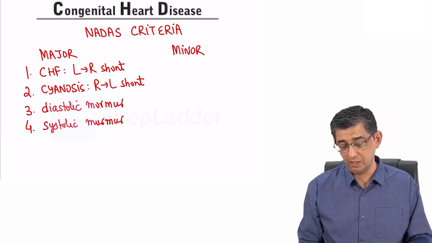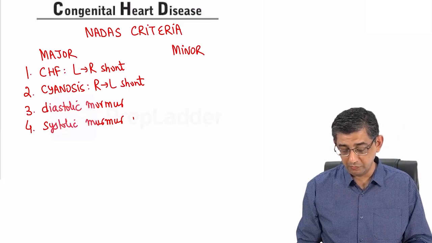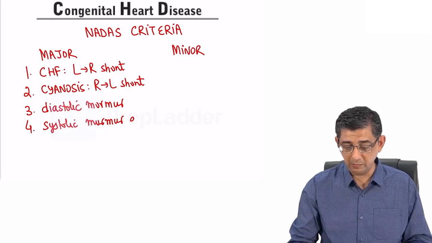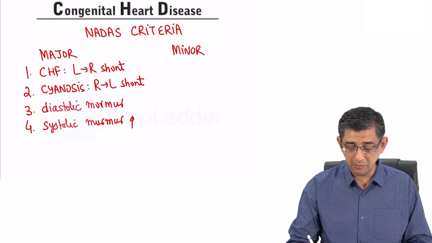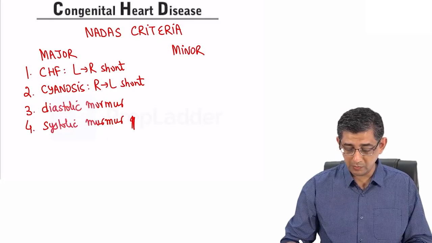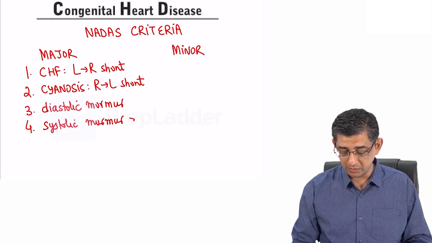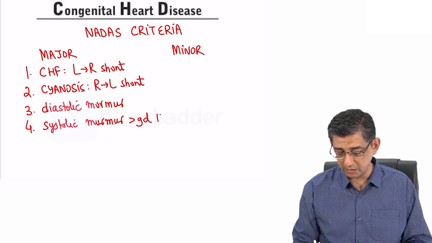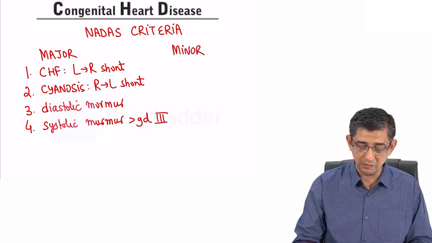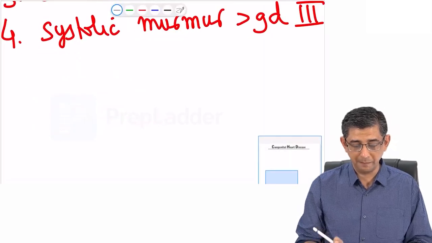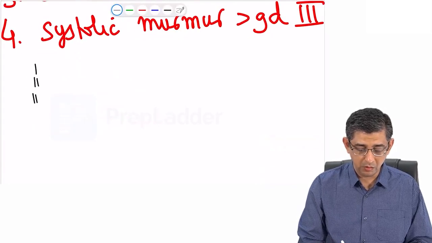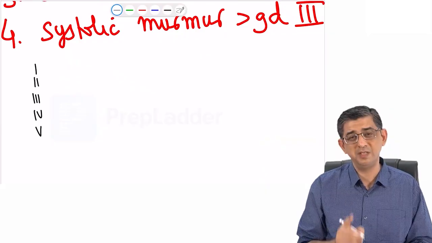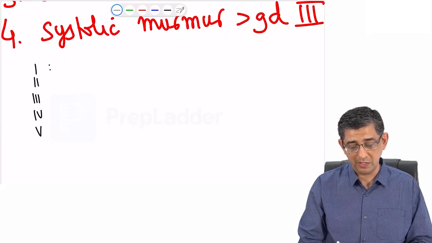Now, do remember in point number 4, he will also mention this statement, that is systolic murmur more than grade 3. I'll explain the grades also, though they're not important for the exam. I want to highlight the fact that when you read this word grade 1 murmur versus grade 2 and onwards, then grade 1 murmur is a very faint murmur, so that can be heard only with, let me say, the